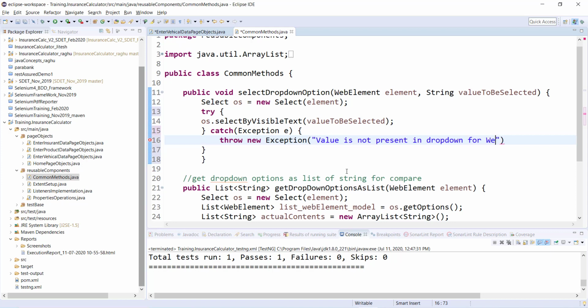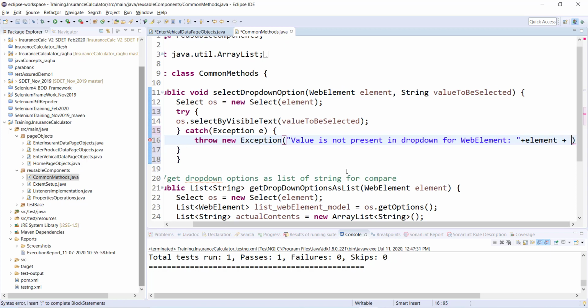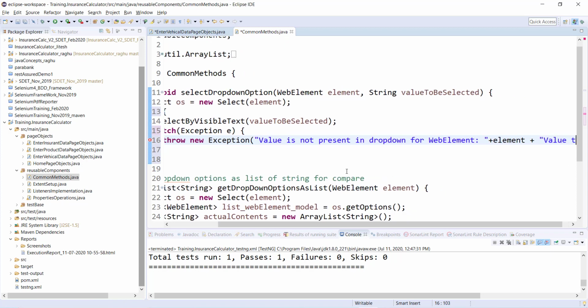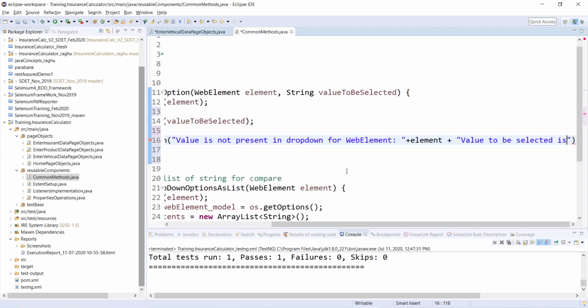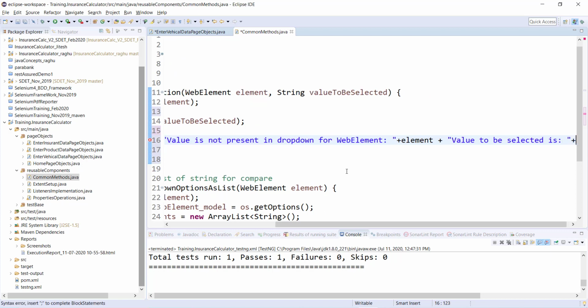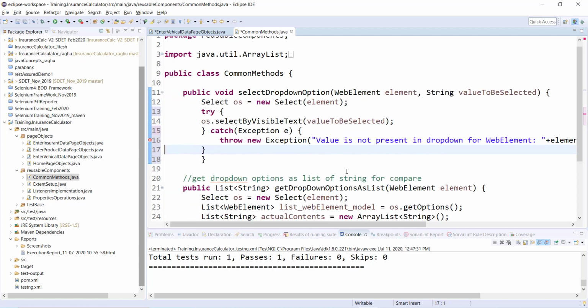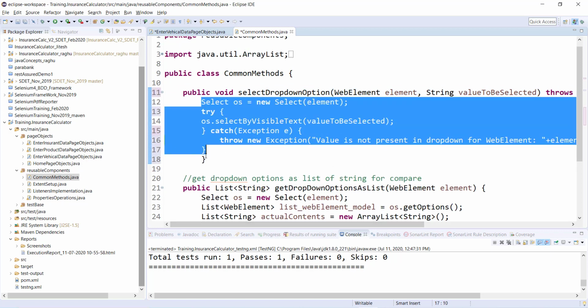For web element, I'll say plus element, and value to be selected is this, right? So this is now a more meaningful message, right? By looking at this particular message, I can understand where this exception has occurred, why this exception has occurred, right? So in my report I'll get a meaningful exception, right?